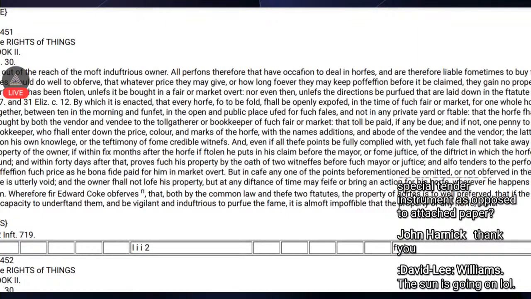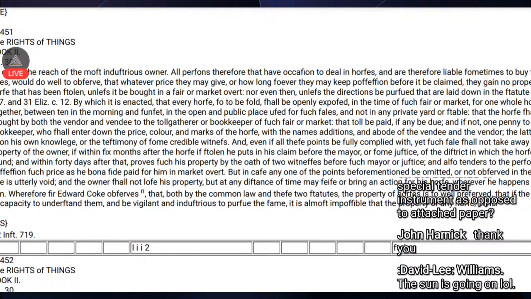All persons, therefore, that have occasion to deal in horses, and are therefore liable sometimes to buy stolen ones, should do well to observe that whatever price they may give, or how long soever they may keep possession before it is claimed, they gain no property in a horse that has been stolen, unless it had been bought in a fair or market overt, nor even then, unless the directions be pursued that are laid down in the statute